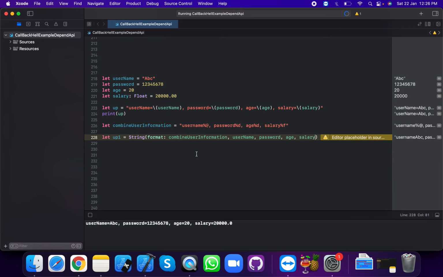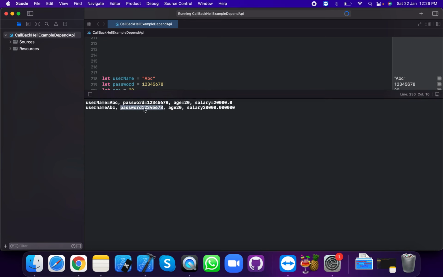So fill in this one, then use the print statement. Now we are going to create a print statement up1. So this is the same result in up and up1. Username ABC, password, and so on.